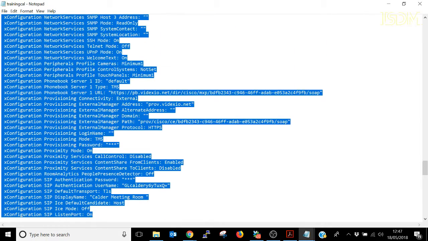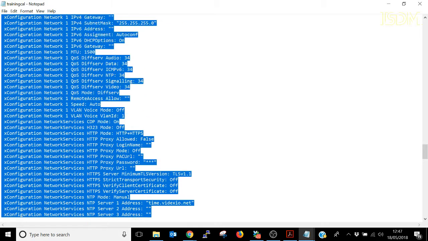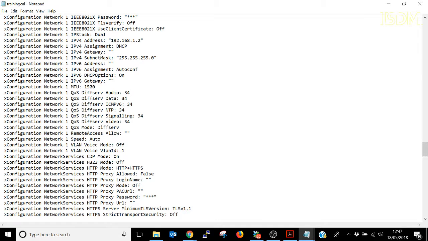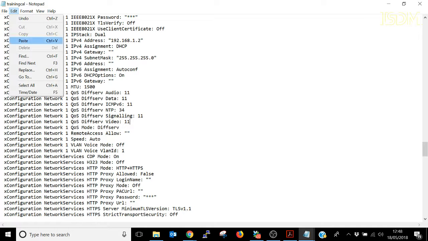So let's say you want to change the QoS value on this. We're just going to change the QoS value to 11 from 34. So we've changed it to 11, and again we'll do a Select All,